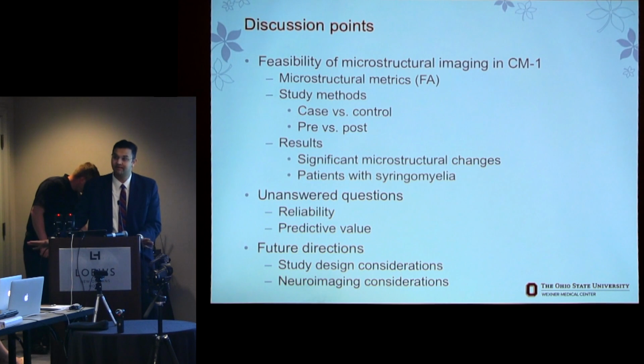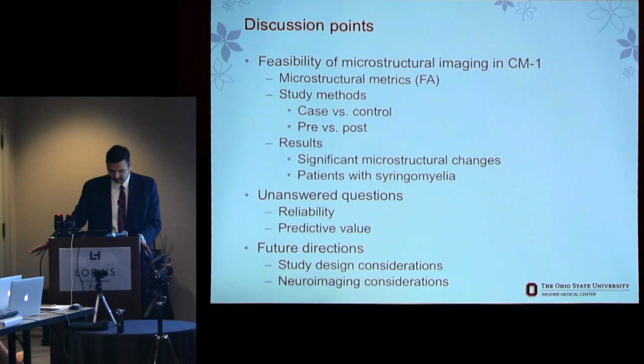We're going to be talking about three things today. The first thing is whether it is feasible to obtain microstructural imaging in patients with Chiari-1 malformation. I'll share with you the experience that we had from Dr. Hodaie's lab, the metric that we used to measure microstructure and microstructural integrity, the case control comparison, pre and post comparison after surgery,